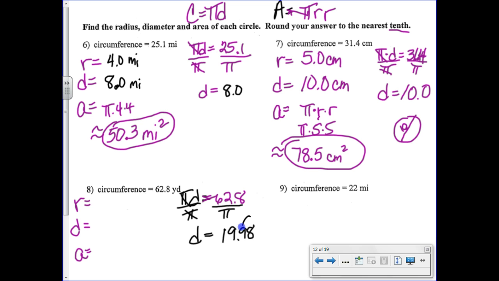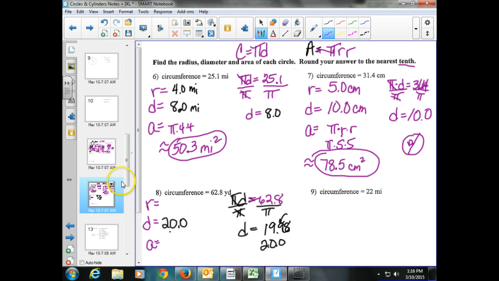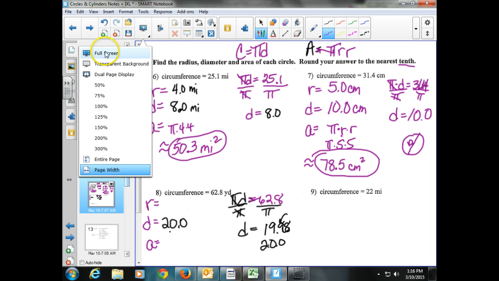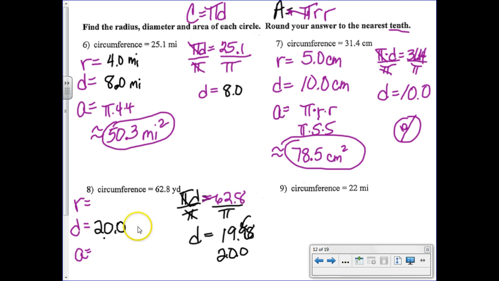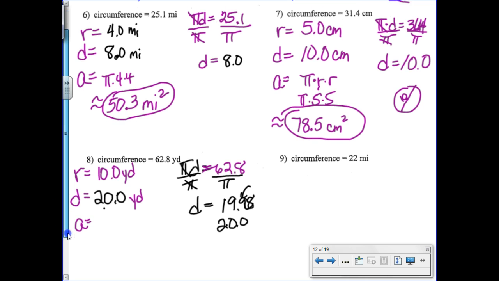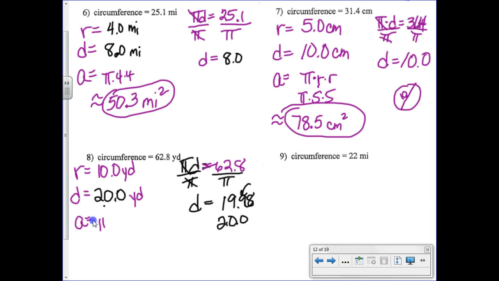And when you go to round this to the tenths place, you need to really round this to 20, or 20.0. So my diameter is 20.0. The radius, hang on 1 second so I can get my pen to work right again. The radius will be half that, and by the way, this is in yards, so my radius will be 10 yards. And then I need to find the area, which is going to be pi times the radius times the